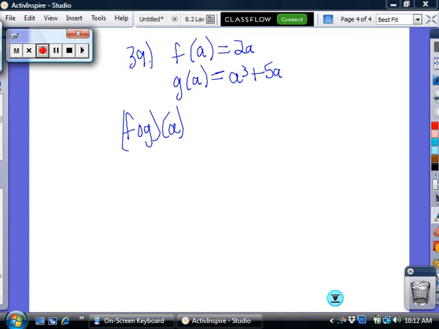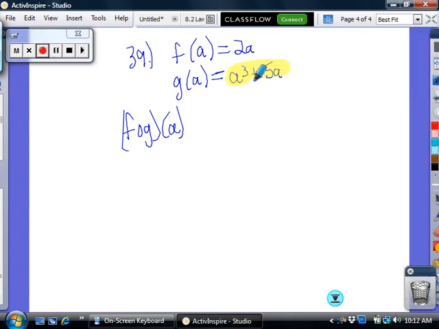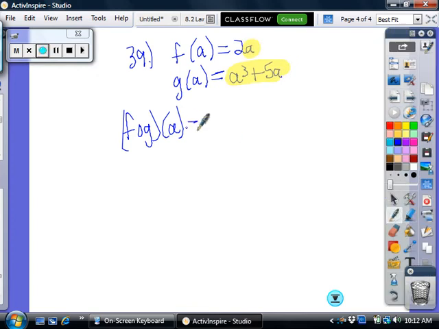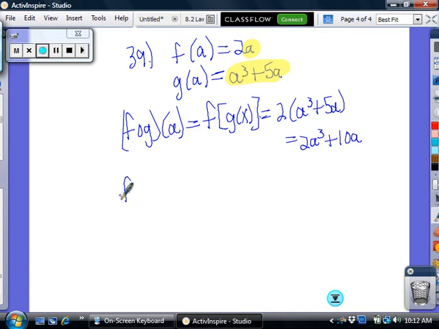Alright, I'm going to find the composition function in this first way and then plug in a over 2. So that means to find the composition function, we're going to take g and plug it into f, because f of g is really the same thing as this. And so 2 times a cubed plus 5a is 2a cubed plus 10a. There's the composition function. And then, if I plug in a over 2,